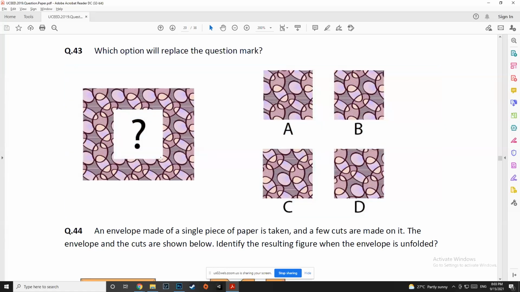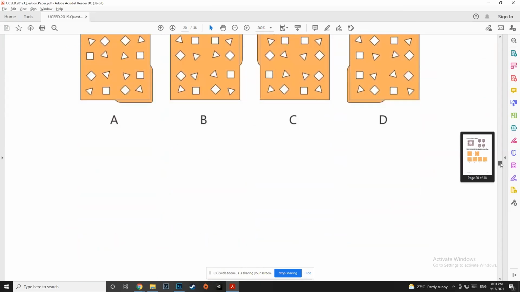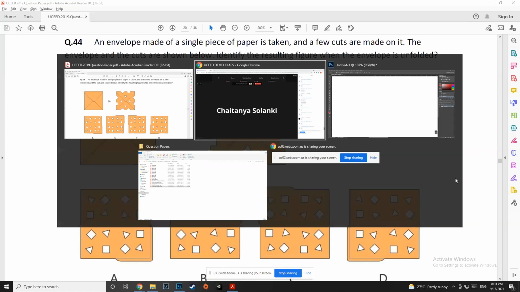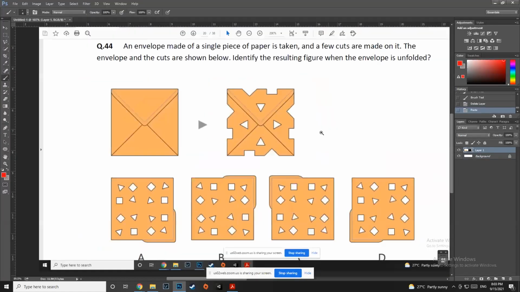Now looking at something else, there should only be a slight skin colored option here. Here we can see skin colored, right? But it is being intersected as well. So just to confirm, what should be on the lower left? It should be a purple circle, which is not there in option C, right? But it is there in option B. So as you guys pointed out, B would be the correct answer. Now let us end with this question, okay? Because paper folding is also a very common question that comes.